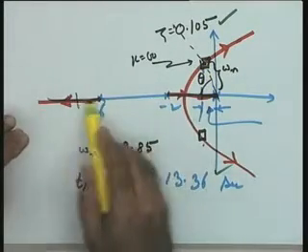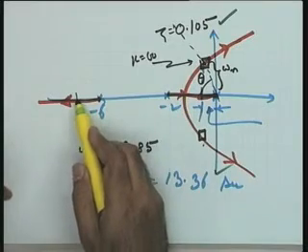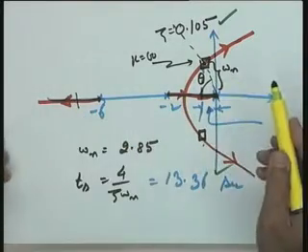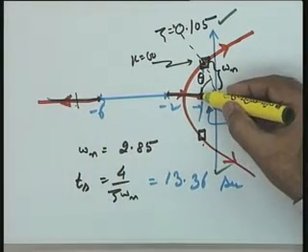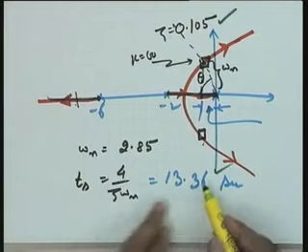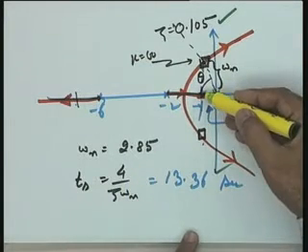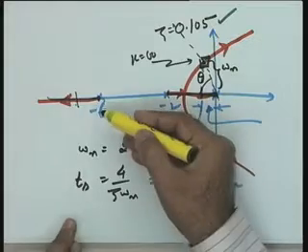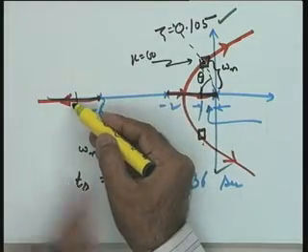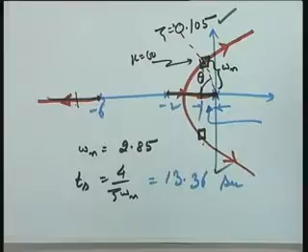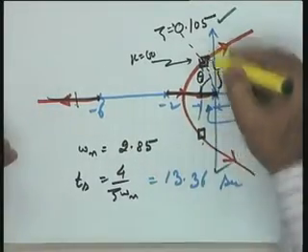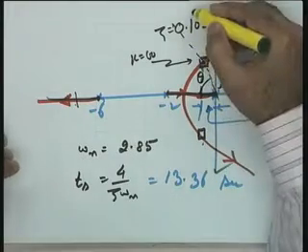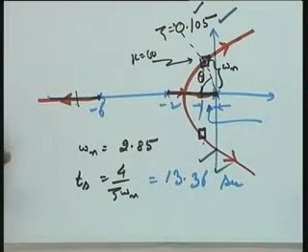Otherwise, if this was closer to this, you would have located the third pole again by the magnitude criterion and seen whether the dominance condition is satisfied or not. In this case, 4 by zeta omega n is 13.36. So, naturally zeta omega n is less than 1, and therefore, the third pole is at a distance more than -6, and the dominance condition is satisfied. The performance of this third order system is amply represented by these complex conjugate poles, and hence zeta is 0.1 and settling time is 13.36 for the third order system.